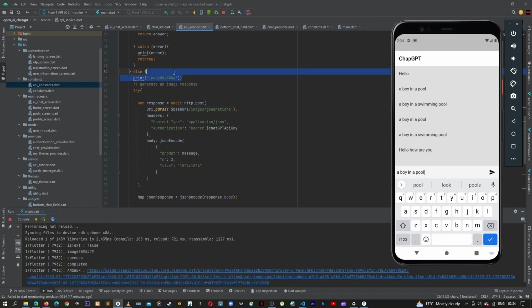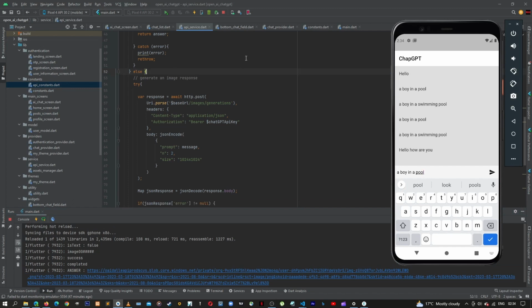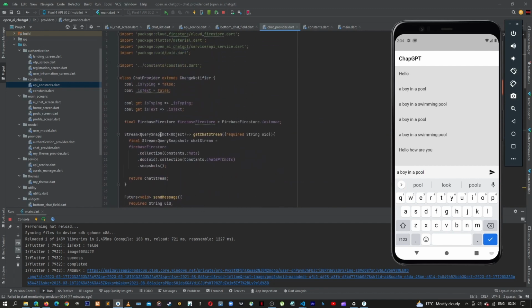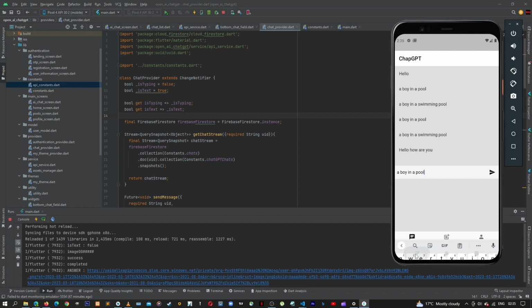So we can remove this comment, and then we come back to chat provider. We can also remove this comment and then take this back to true. Later on, we are going to have the trigger in our application, or the option for the user to change from image to text. So we are going to stop this video right now. We have tested that we are communicating with ChatGPT for both